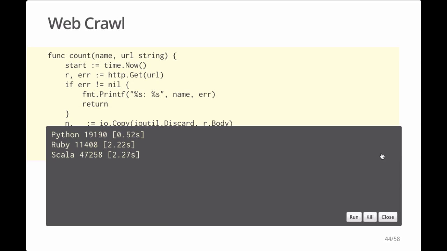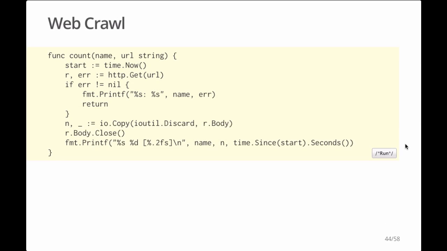So here you can see that the various languages have websites of various sizes that take various times to load. You can see that here Python took half a second, Ruby and Scala's websites each took about 2 seconds, and Go also took half a second. And so the total was 5.5 seconds, which is unfortunate since no web page took longer than 2.25 seconds to load, but the crawler ran for twice that. If we could run those fetches in parallel, we could speed the crawler up quite a bit. And so that brings me to the next topic, Go's support for concurrency.